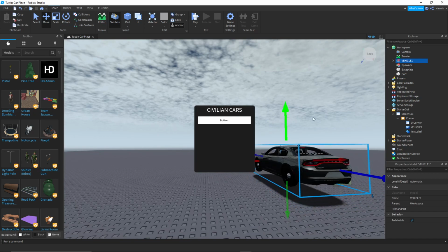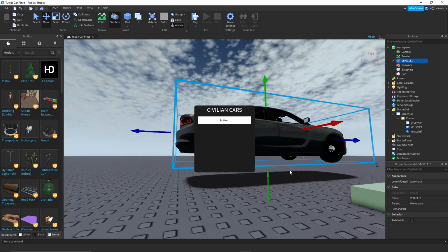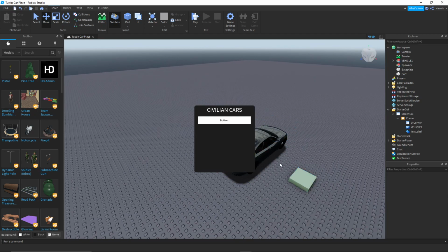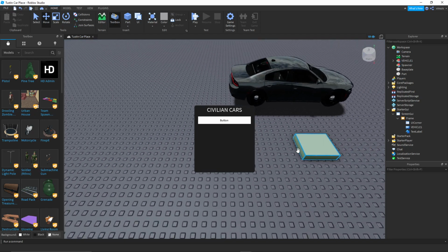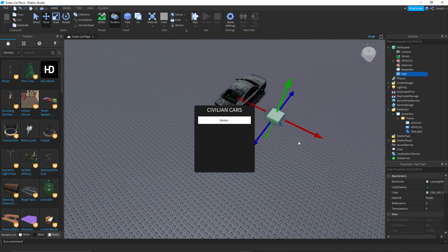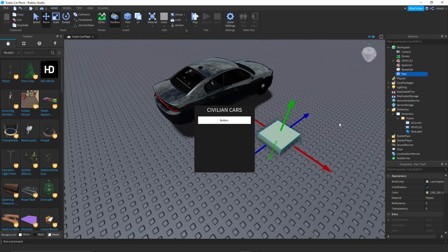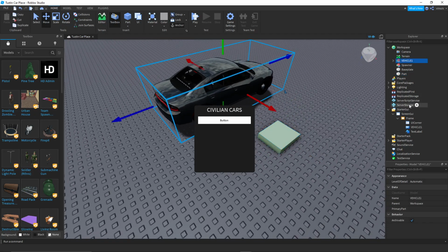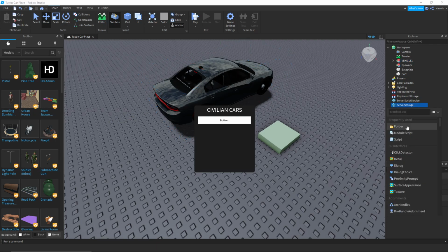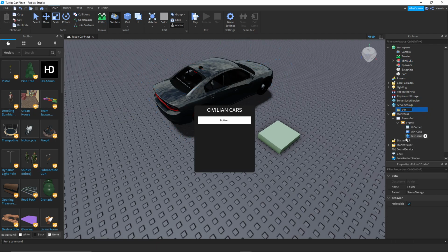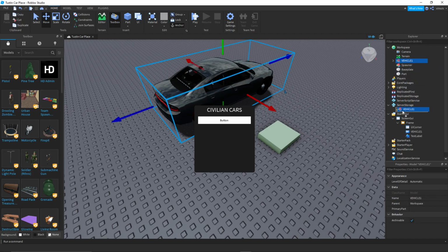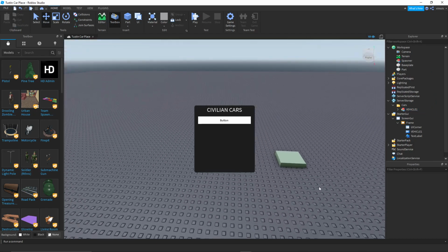So now, just lift it from the ground, because then it will create problems upon spawning. It will spawn in the ground. So now create a folder in ServerStorage and rename the folder to Cars, exactly how I'm doing it. And then you're gonna move Vehicle 1 over to Cars. So now that you have it in there,